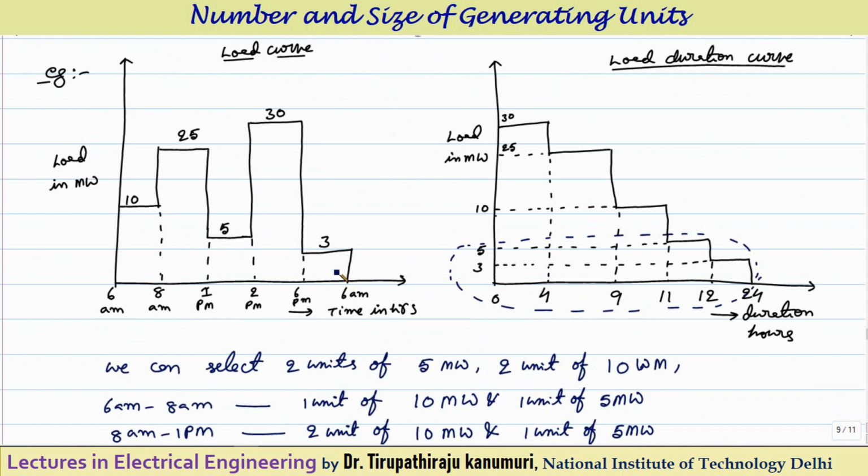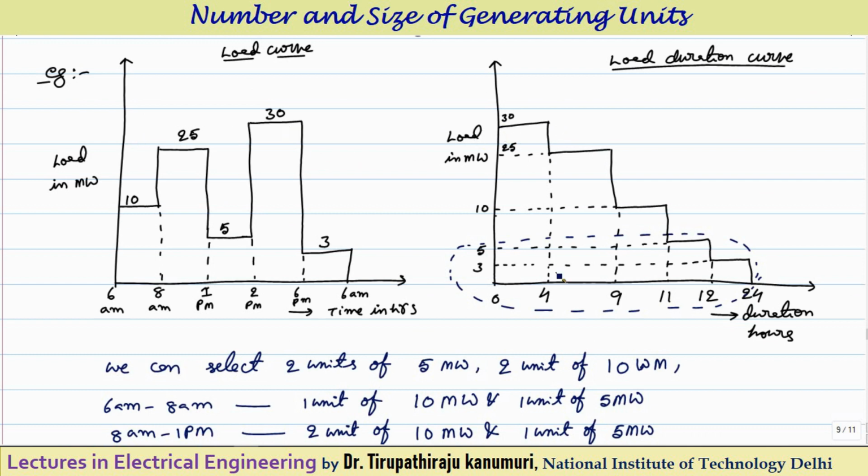It is varying like this. So throughout the day it is varying. So while deciding the number of generator units, it will be very easy. Instead of going for the load curve, go for the load duration curve. How to do the load duration curve, we have already discussed in the last lecture: we have to arrange this load curve in descending order.